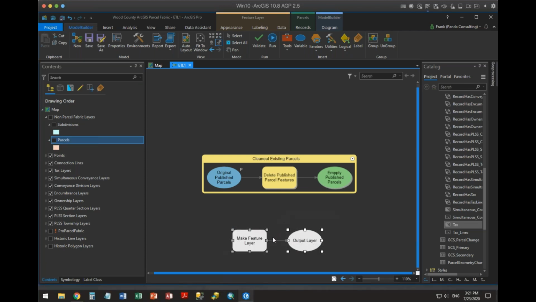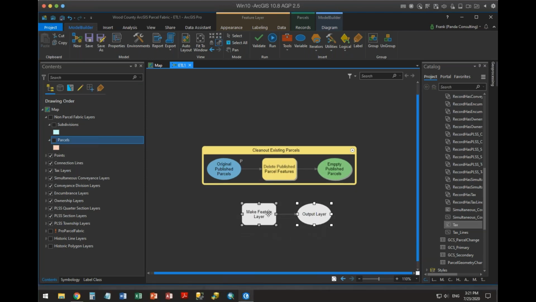I'm going to make a feature layer. Now a feature layer is a way for me to bring a feature class into my model, but also I can do a select against that. And I'll show you all the options I have here. So if I right click here, I can say,